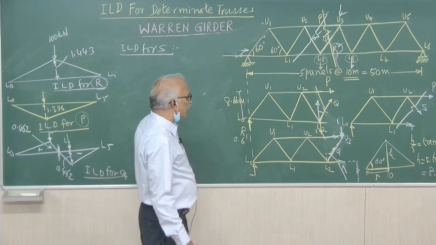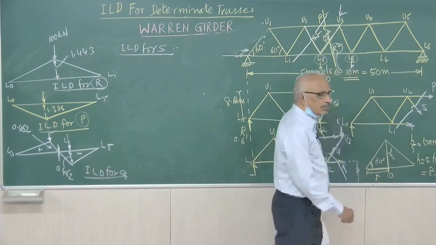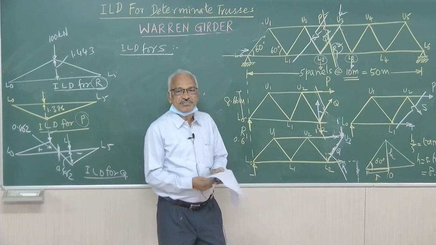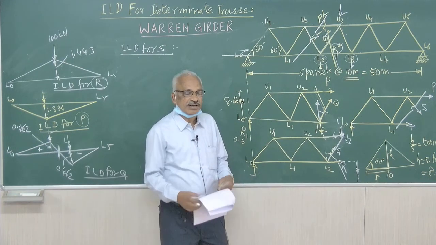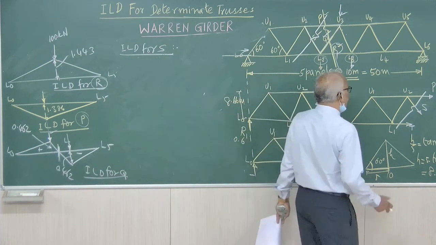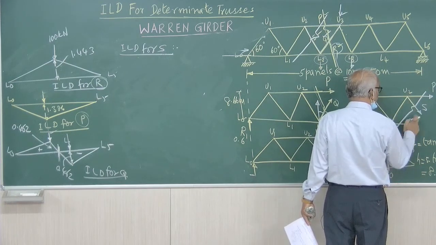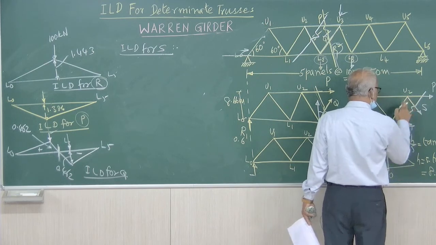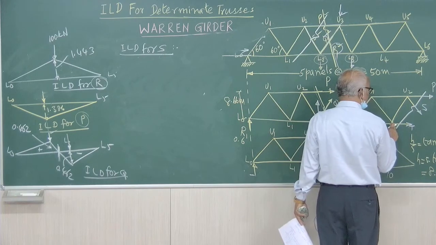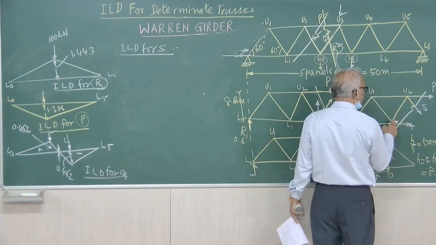Right. Now, when you want to draw ILD for S, it is an inclined member. The other two cut members P and T are parallel members. They will not meet, but we have to eliminate the force. For eliminating, suppose when you take this as the load point, T and S will come into the picture. When you choose this point, P and S will come into the picture. We cannot eliminate. And also, taking moment and getting the perpendicular distance to the point, all these things will be a problem.